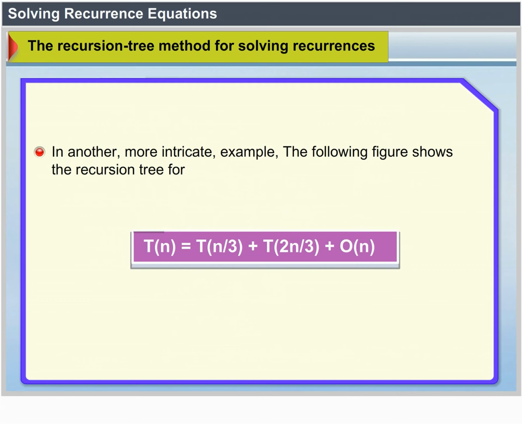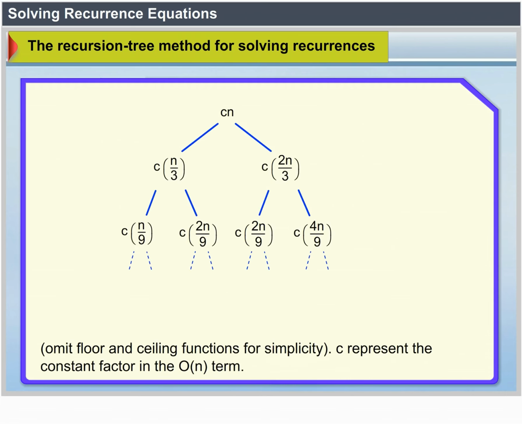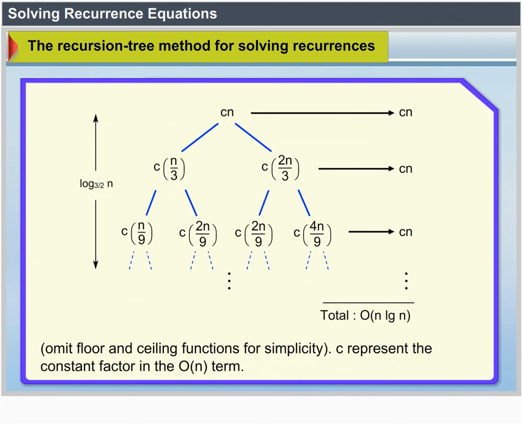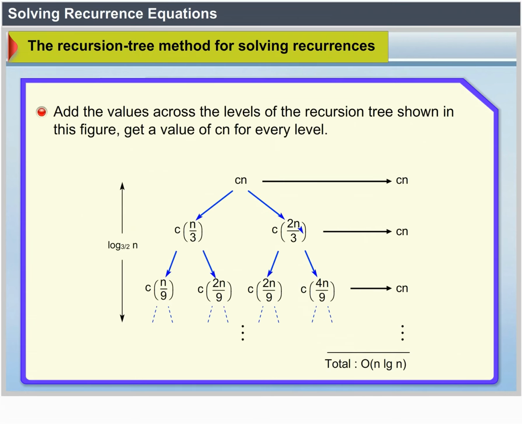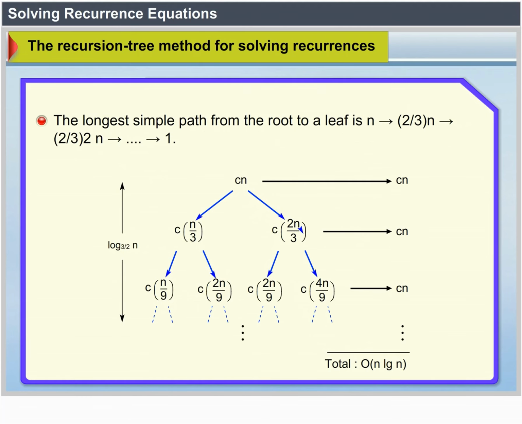Omit floor and ceiling functions for simplicity. Let c represent the constant factor in the big O of n term. Add the values across the levels of the recursion tree shown in this figure. We get a value of cn for every level. The longest simple path from the root to a leaf is n, then (2/3)n,